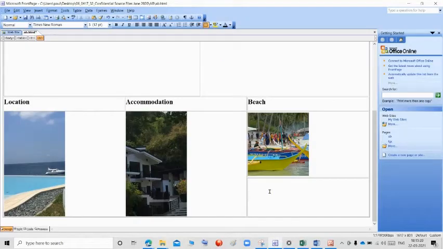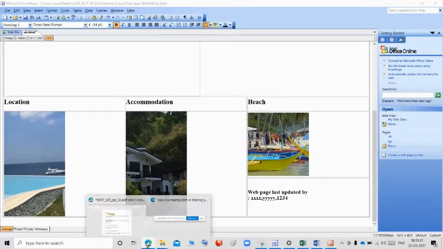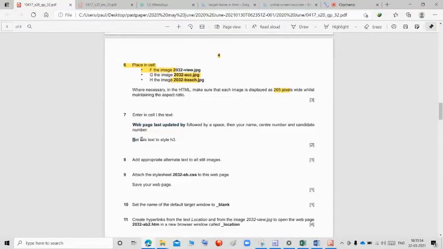So go to last I. Now I paste, then the space, type your name, type your center number and give the candidate number and set the style to H3. So we did this.